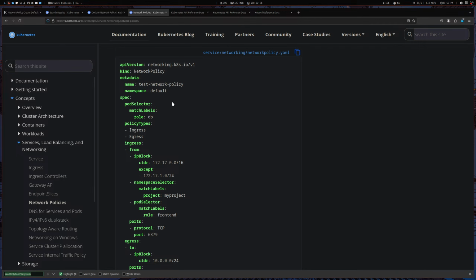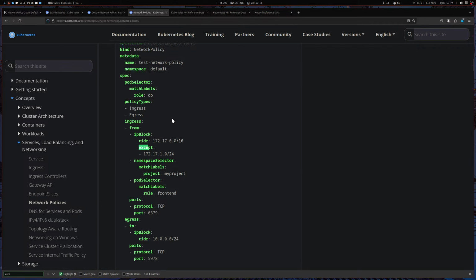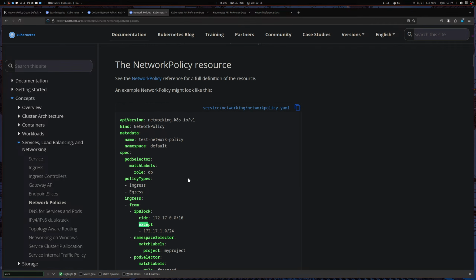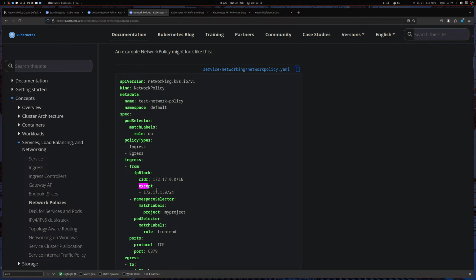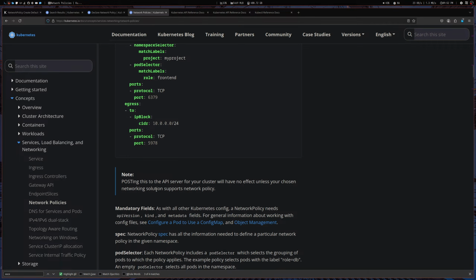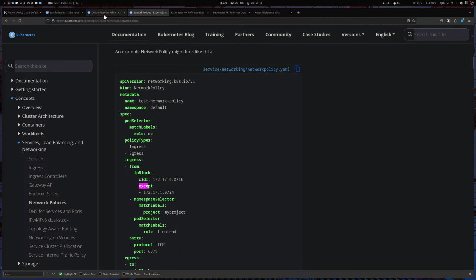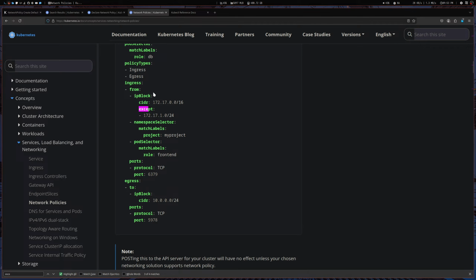Egress. We have it here. Oh, an example. Yeah, there is an accept, but it didn't show up there. Luckily it's here. Network policies right here. Just look for accept. Egress to IP block